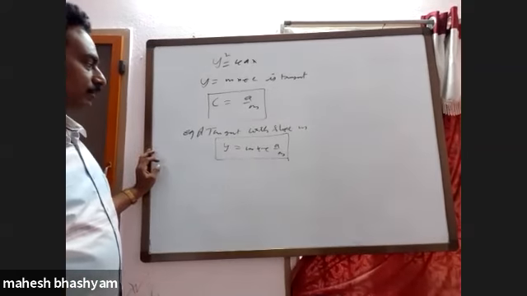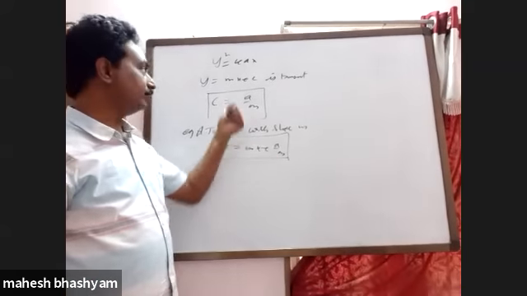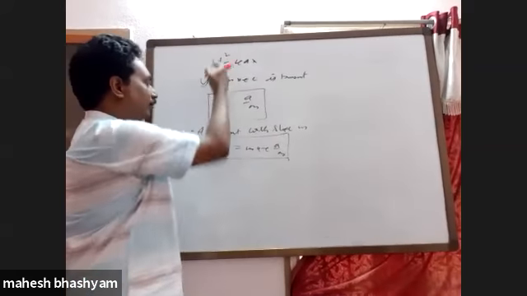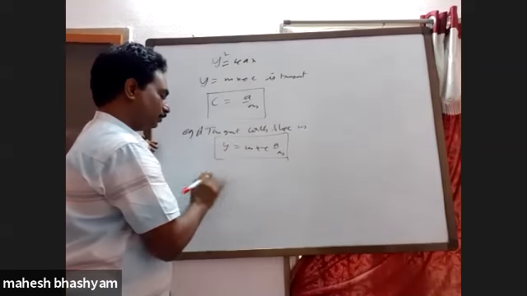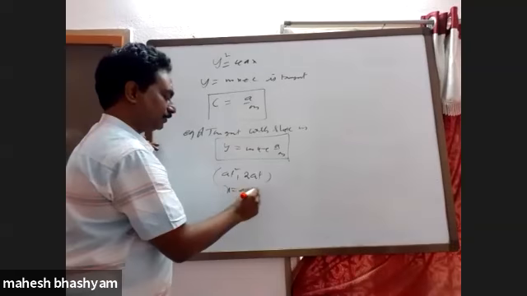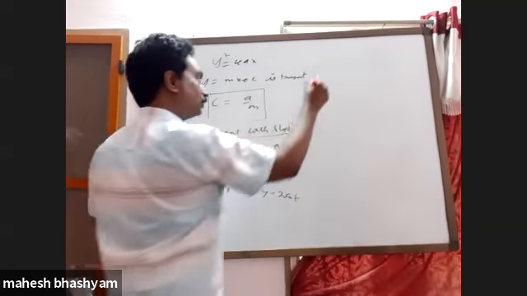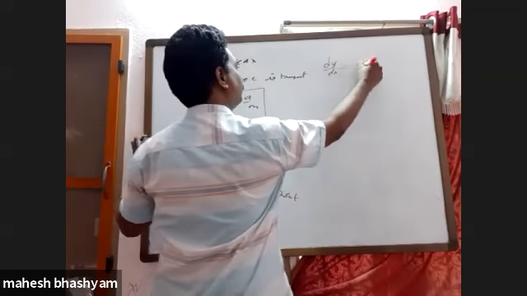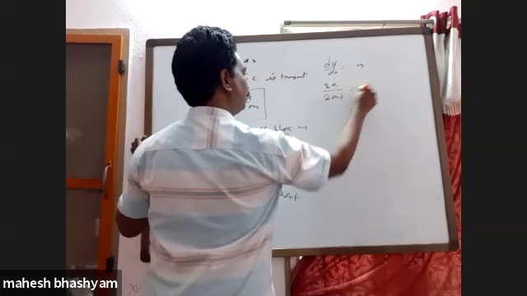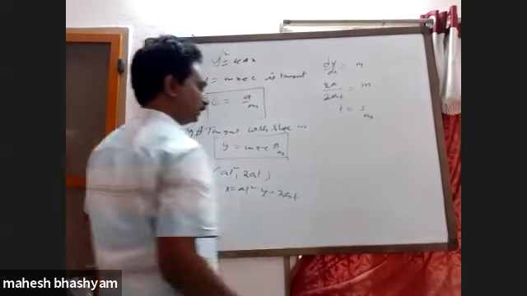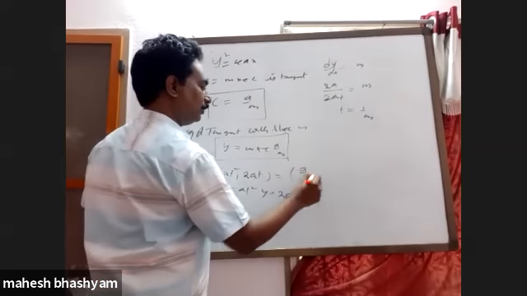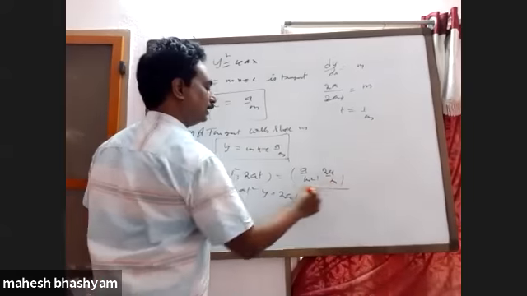Equation of tangent, any tangent to this parabola: y is equal to mx plus a by m, with c equal to a by m in case of the standard parabola. For the point of contact, any general point in parametric form is at square comma 2at. X is equal to at square, y is equal to 2at. We can write dy by dx as the slope m. Here dy by dx is 2a divided by 2at is equal to m. 2a cancels, t is equal to 1 by m. So the point of contact in terms of slope is a by m square comma 2a by m.